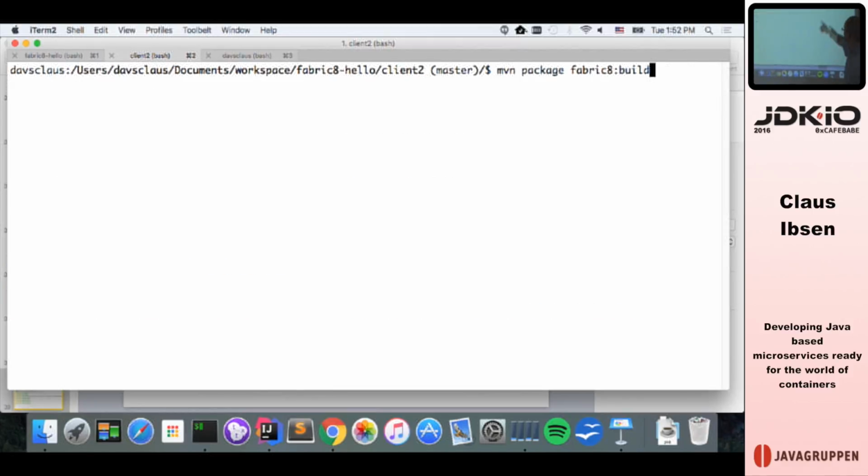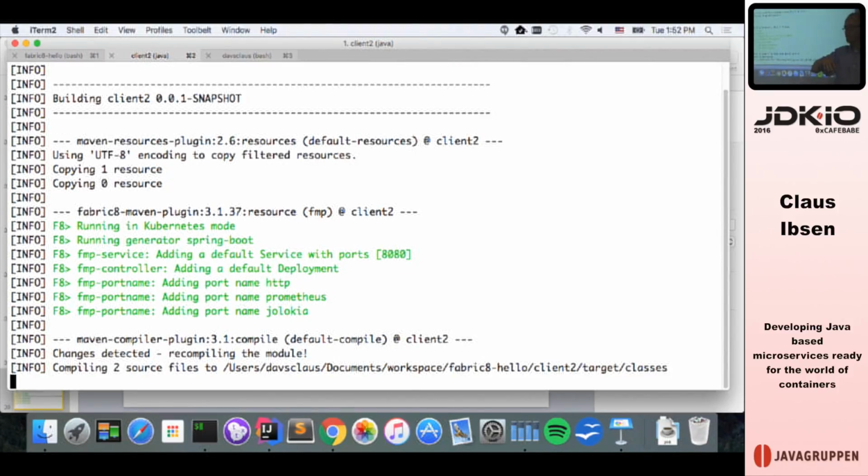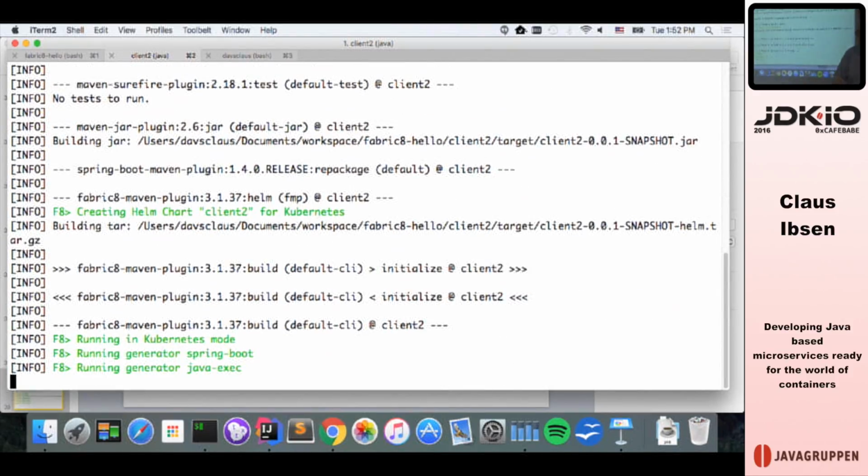Type it here. I'm just going to take it up on the top of the screen. And if you've been using Docker before to build a Docker image, then you can see sometimes it will download the Docker base image. This is like the Docker version of a Maven repository, so it also downloads from the internet, so to speak. And then you see some progress bar going on. And you'll see the same here on the Fabric8 plugin because it uses Docker. But I have already pre-downloaded my base image, so it shouldn't be too slow. Let's see if I forgot to set the environment. Probably. Yeah. If this guy is slow, then you forgot to do something.